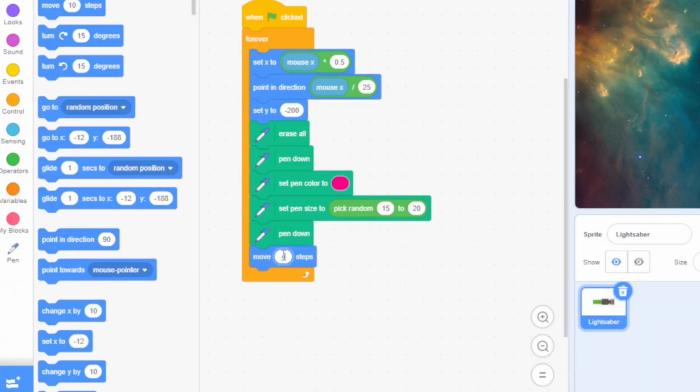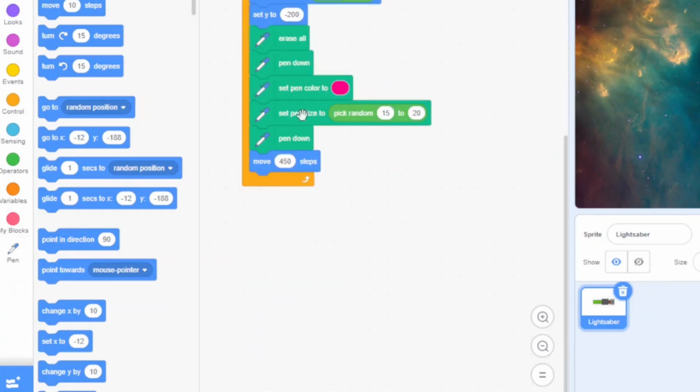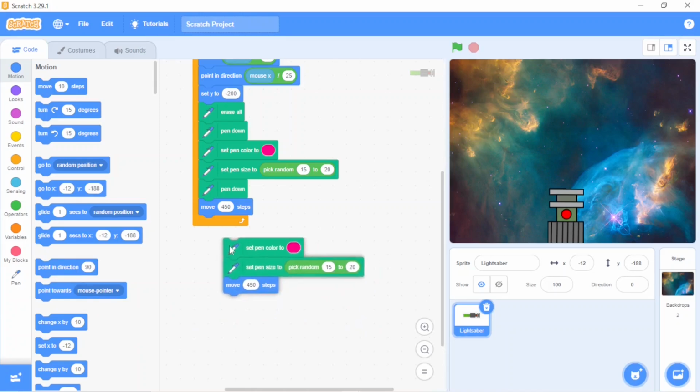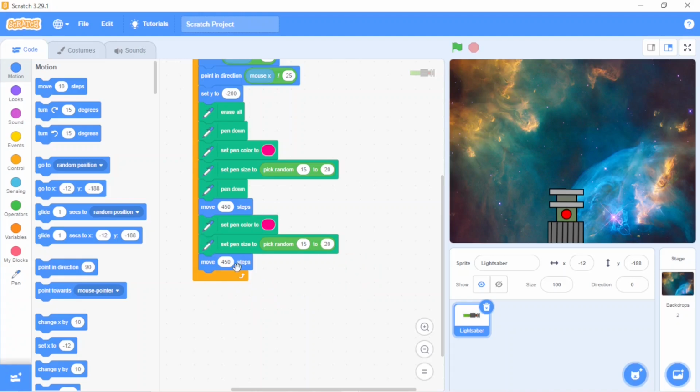move 450 steps, and then duplicate this from the set pen color to block, and then just take this move steps out. Don't delete it, just delete pen down, and then put move 450 steps again, and then put it over here.